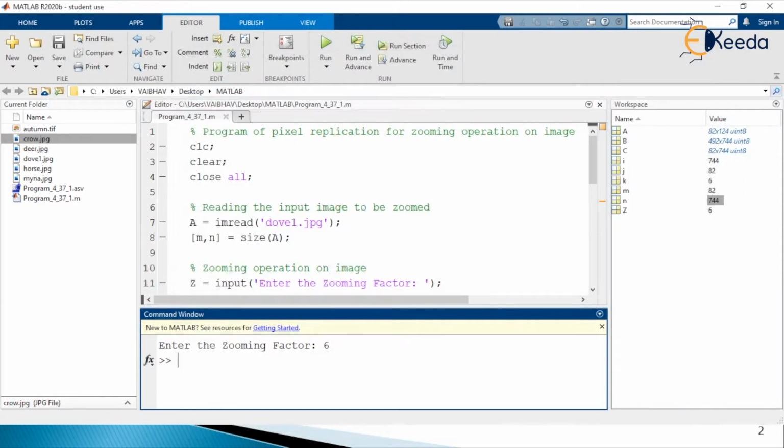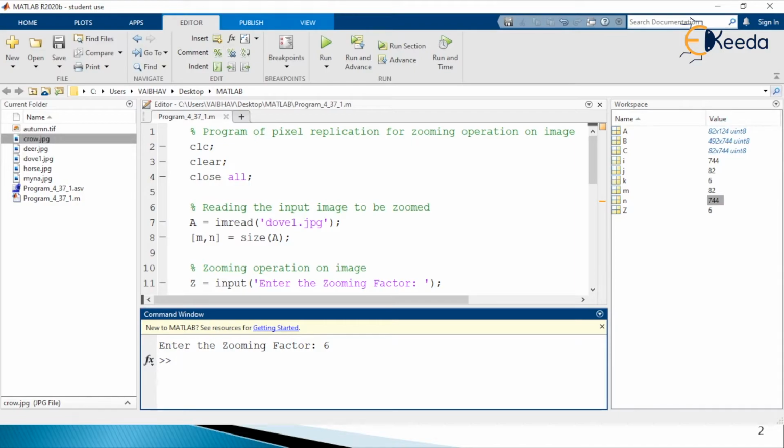So this is the first part of the MATLAB program that we have performed, the zooming operation by the use of pixel replication here. So now after this part, we are going to discuss and also demonstrate another methodology for carrying out the zooming operation performed by the use of pixel replication. In this methodology, we are going to opt for the use of circular convolution between the input image and another matrix that we are going to generate here.